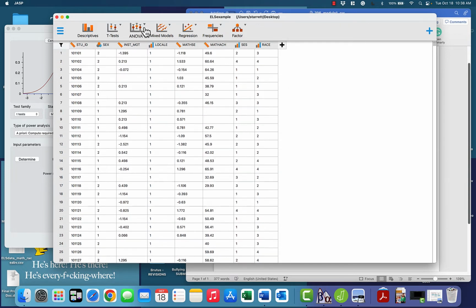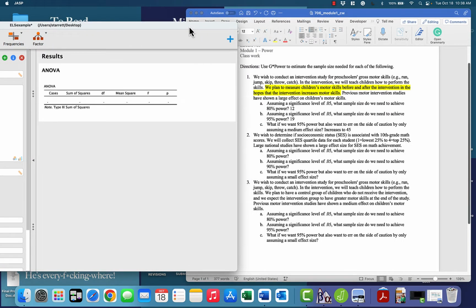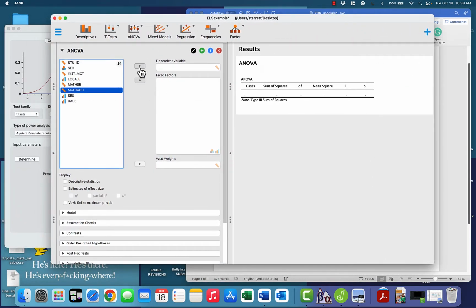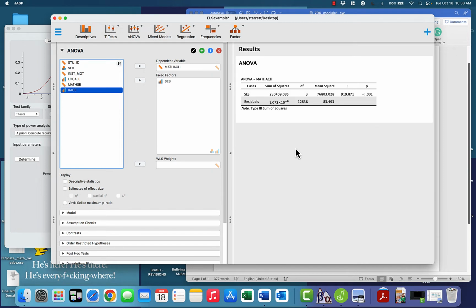Okay, so let's go to just with this. So we're thinking about this problem of SES quartile on 10th grade math achievement. So let's say we're actually going to run it, and this is a very large data set of, I believe, 18,000. So we put in math achievement as the dependent variable, and we have SES as our fixed effect. All right, and so we've got these 4 quartiles. And if we go down here to display, we want to display eta squared, okay? And we see here that eta squared is